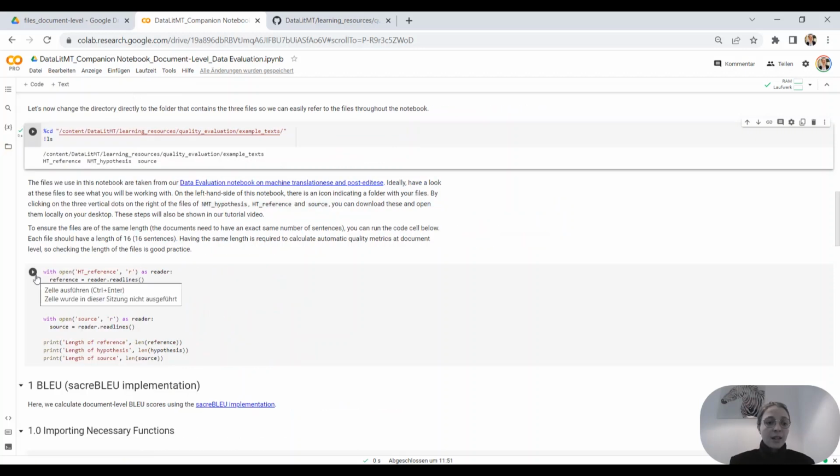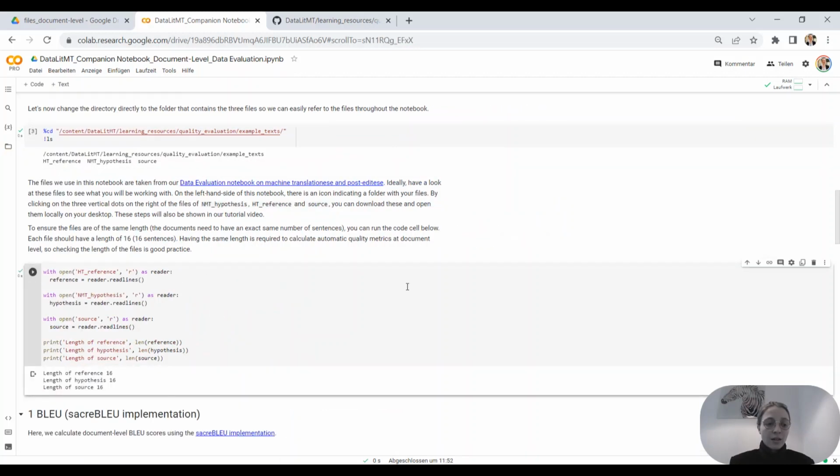Alright, so first of all, we will assign some variables to these files so that we can check the length of these files. And we can see that the length is 16 for all of them. So we're working with 16 sentences, 16 lines in each file. And it is very important that they are all of exact same length,